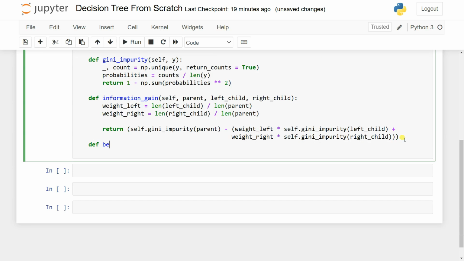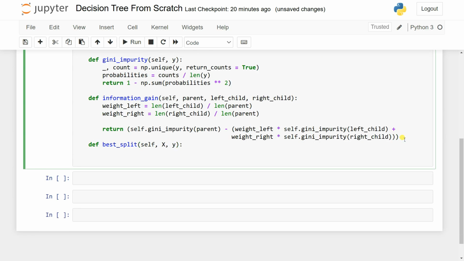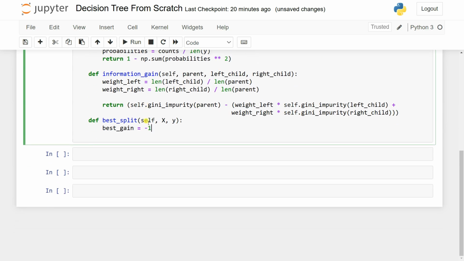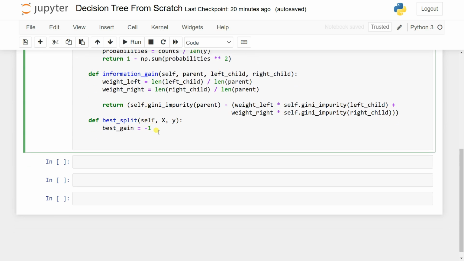So let's say def best_split, and you're going to pass here self, x, y, and then we are simply going to create a variable called best_gain equal to, let's say, -1. It will store the best gain. After that, we simply add two things: one is the best feature, I mean which one is the best feature, as well as the best threshold,